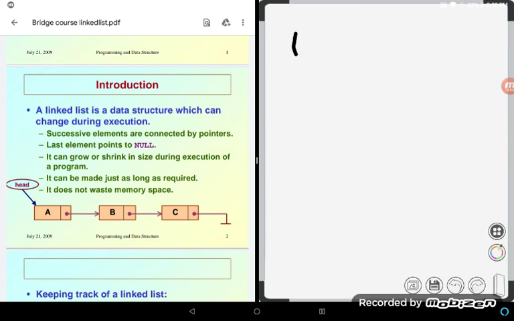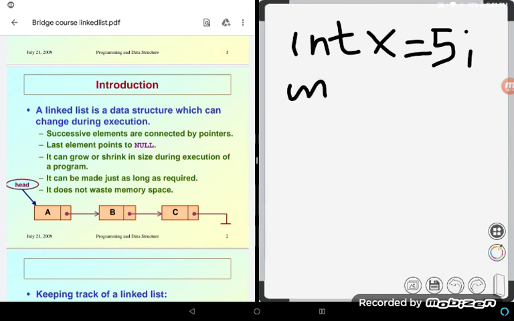Let us take some examples of declarations. We will see int x equal to 5. This is a declaration statement. Then int star p. You should not get confused: this is x and this is an asterisk symbol.